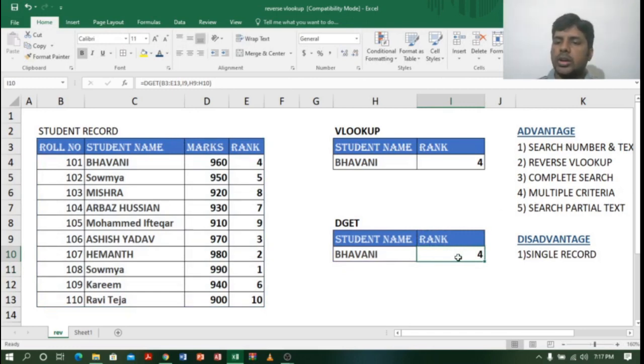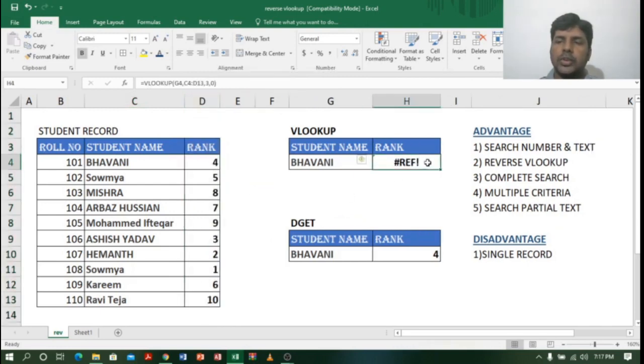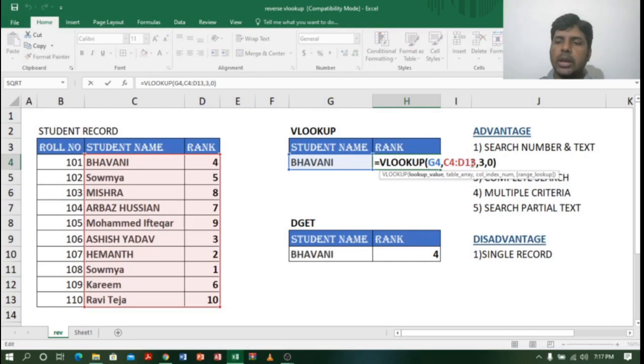The advantage of selecting the text is, suppose the table contains 4 columns, right? Suppose by chance I remove the marks column, and let us see the result. You can see VLOOKUP is showing an error. Why? Because we selected the column index as 3.